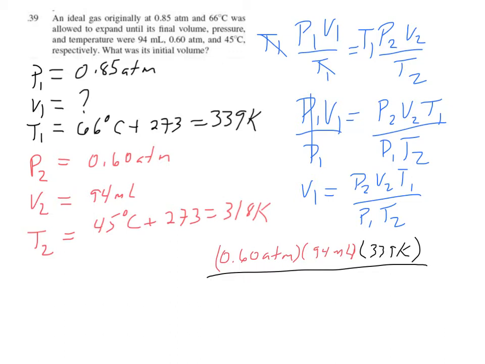And then our P1 was 0.85 atmospheres. And our T2 was 318 Kelvin. And when I do the math here, look, atmospheres cancels, kelvins cancels, I'm left with milliliters. So the answer is